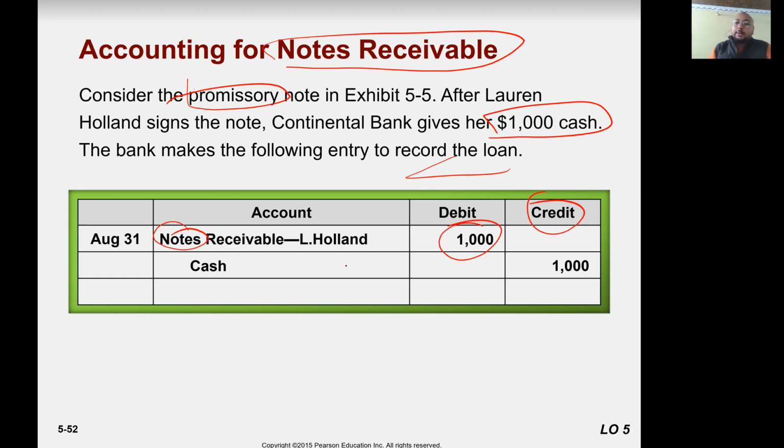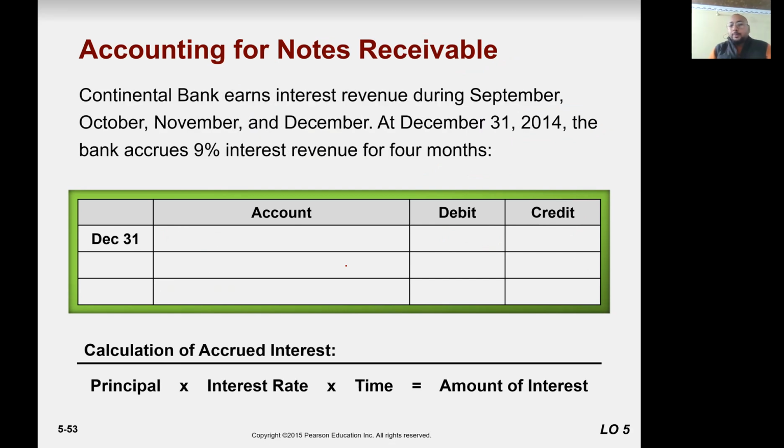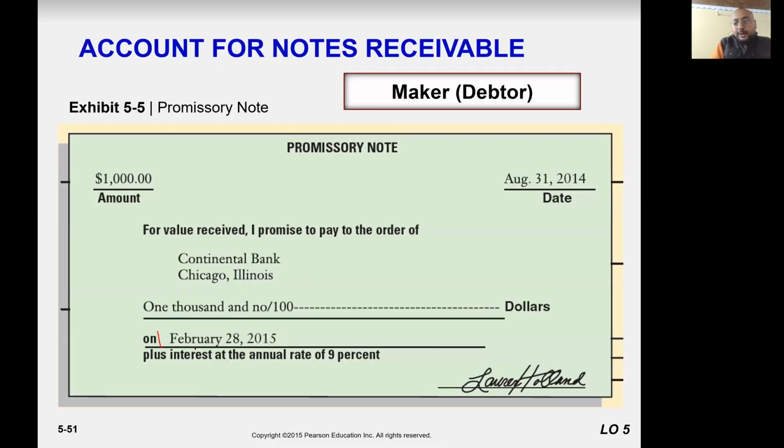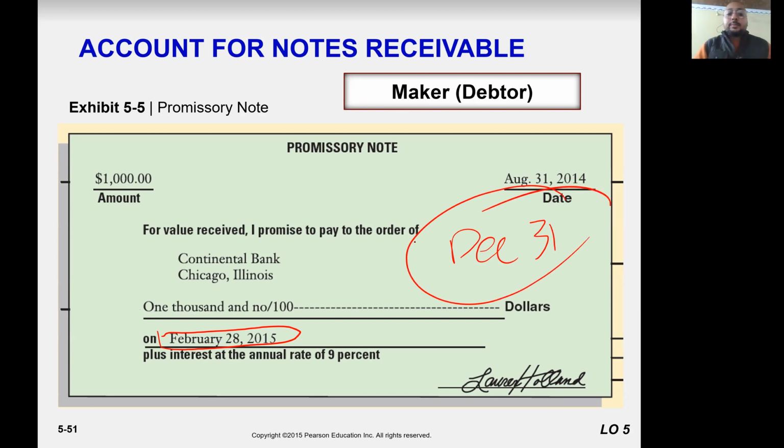All right, made a loan. And Continental Bank earns interest during September, October, November, and December. Why? Because this is the closing date. And the promissory note is paid on 28th of February next year. So the company's closing financial year or accounting year is